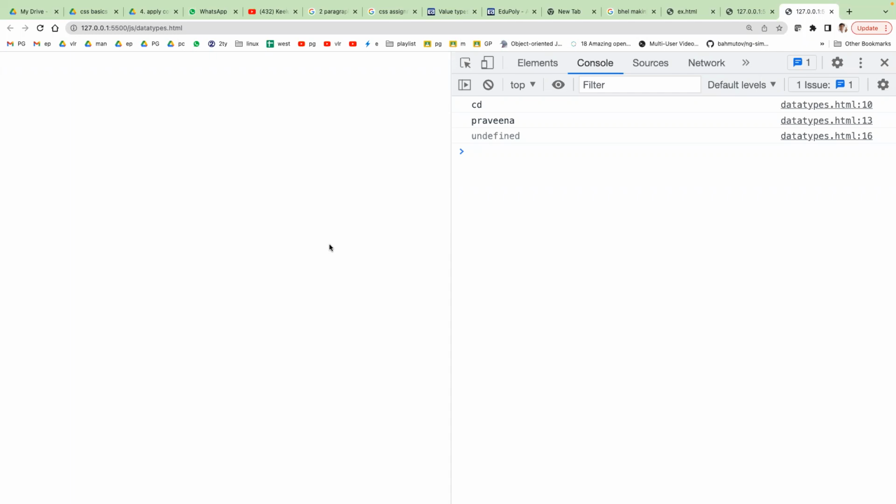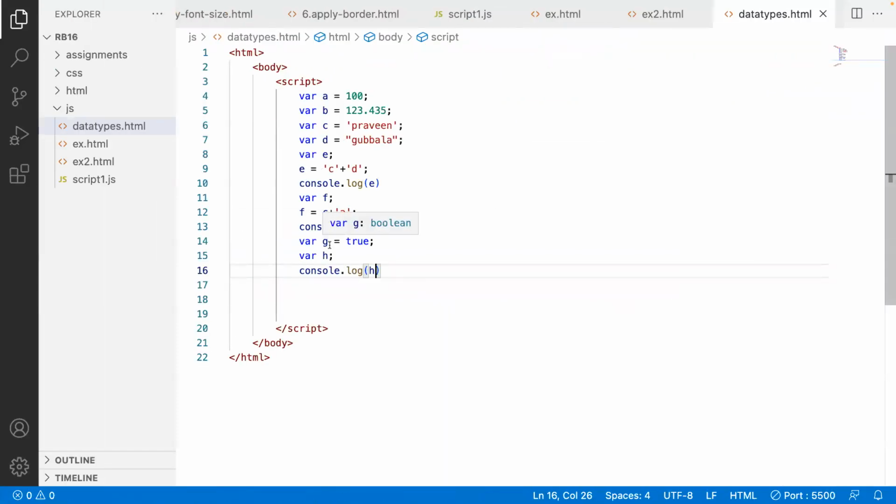So if a variable doesn't have any value, then it is having undefined. Is it clear, sir? Yes. So this is also a data type, undefined data type. So far, what are the data types we have seen? String, number, Boolean, and undefined. There is one more data type called, not one more,